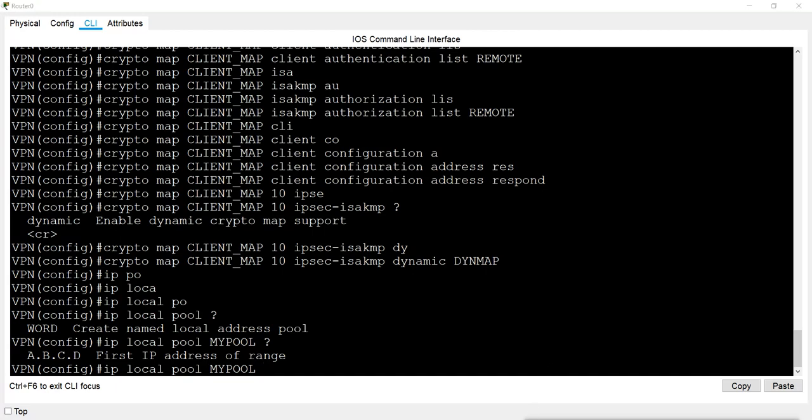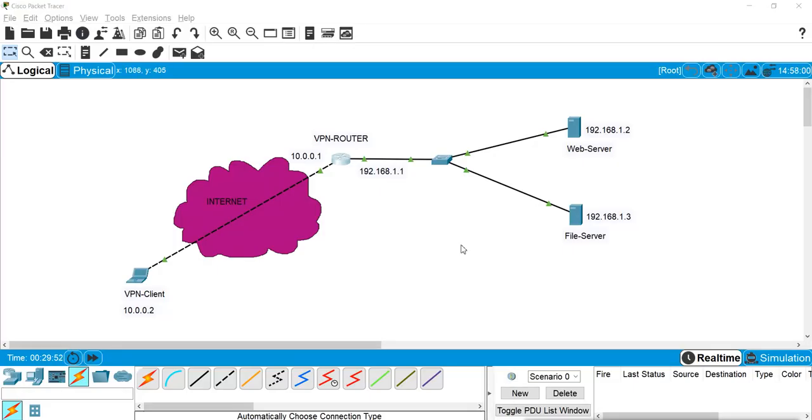When this client connects through VPN, it will get this range of IP. That means this 192.168 range, so that it can connect to these local servers as a local. So it will look like it is connecting locally, but it is connecting from a remote location. So the pool which we create for this VPN will be whatever our corporate network range is.